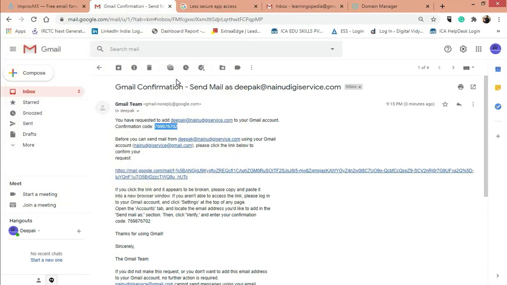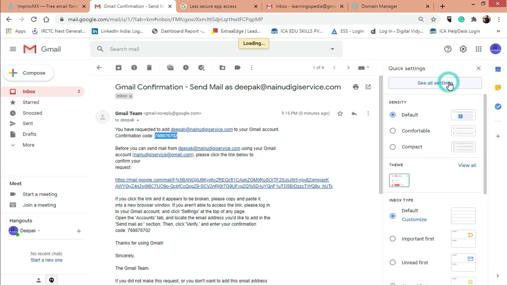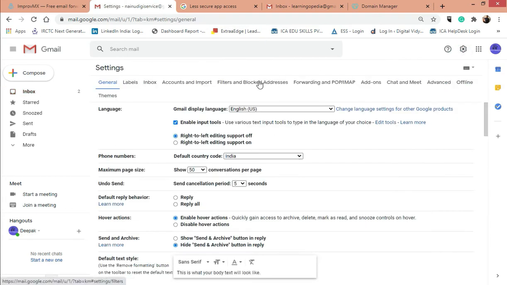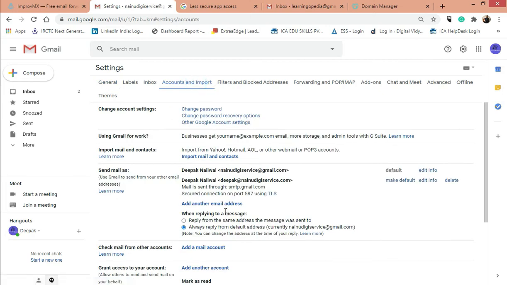Now our account is activated. Now we will again go to settings. Click on all settings. Click on accounts and import and make this email ID the default ID. Here you can see our business email ID is added. Now we will make it default.